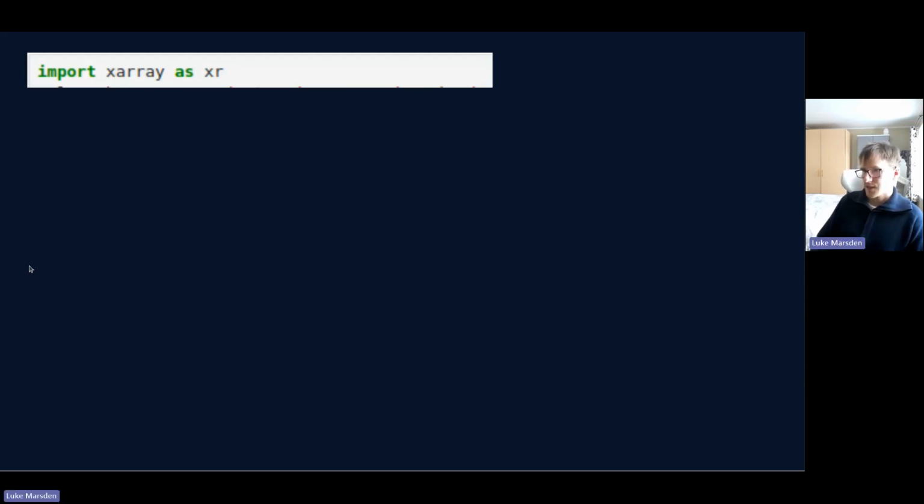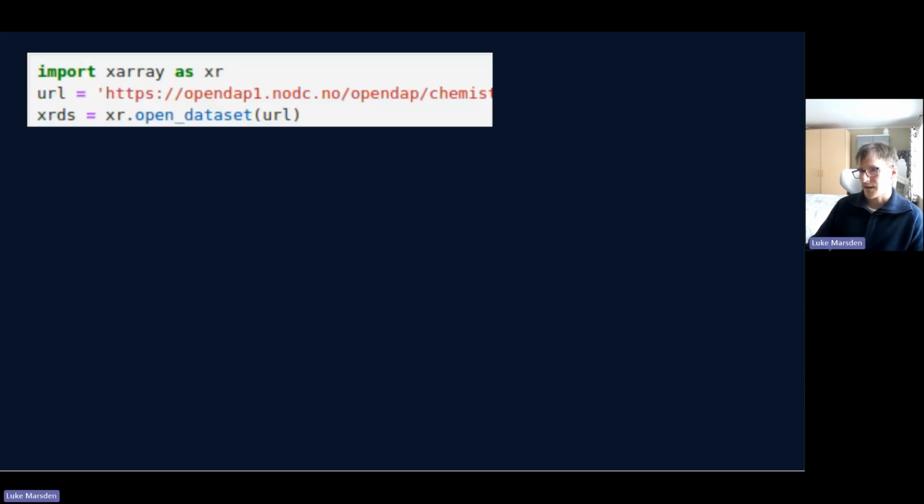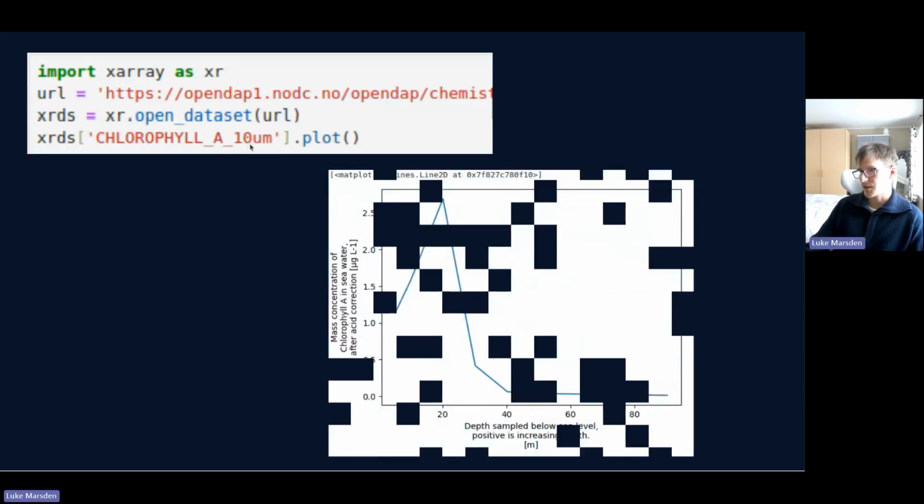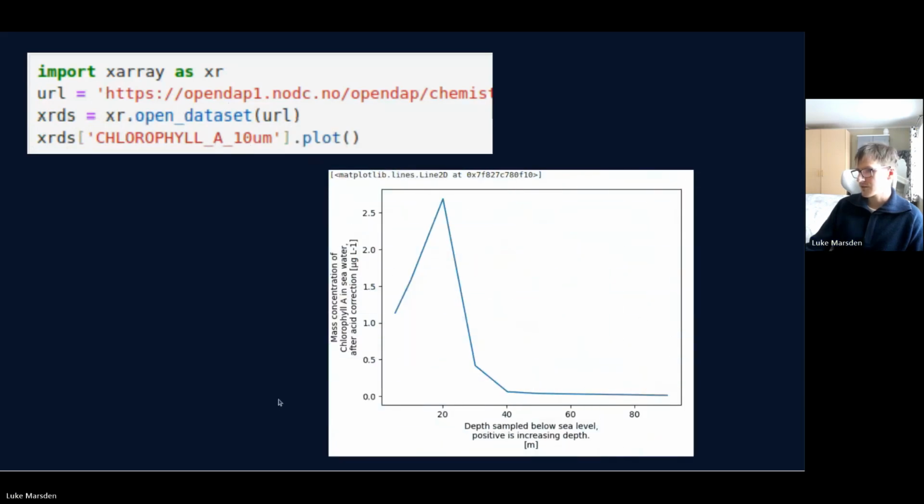Let's say you're using Python, you can import Xarray. You give it the URL of some data on OpenDAP in a netCDF file. We'll talk about OpenDAP very shortly. You open the dataset, select your variable, .plot, and there you go. Very simple.